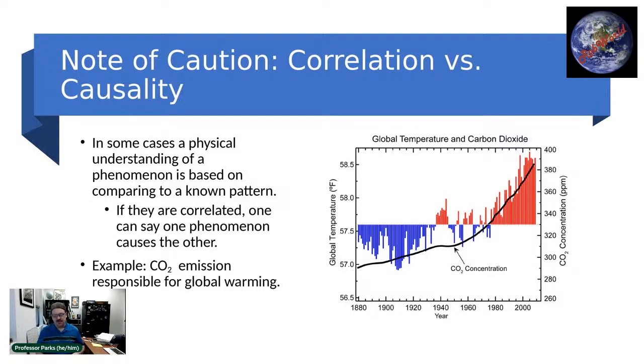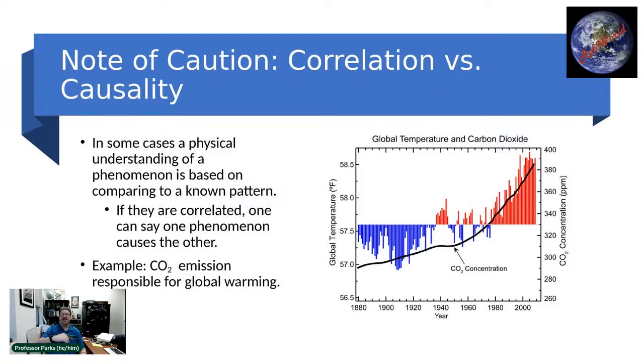Correlation does not always mean causation, but in some cases it does. I'm looking at you, climate change. What we're seeing here is a plot of the temperature. Oh no, that's not the anomaly. That's the actual temperature. So they took maybe 1940 and basically said, all right, we're going to take this temperature and use it as our fiducial point.